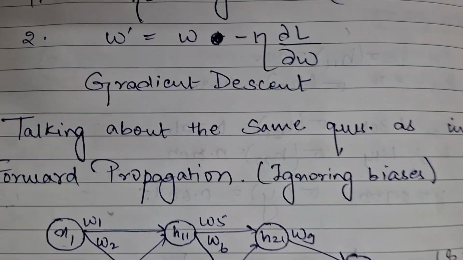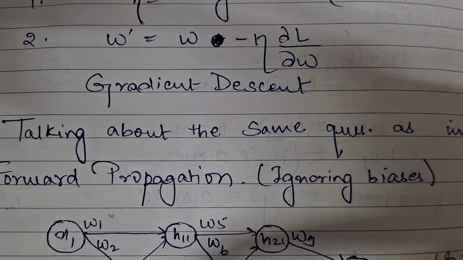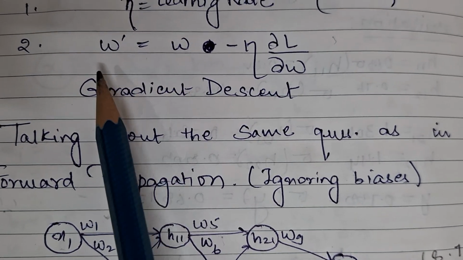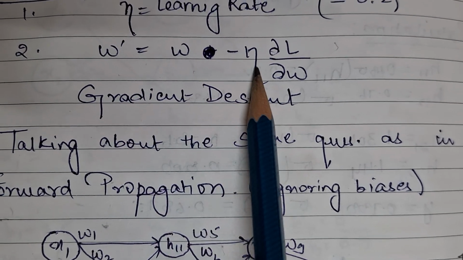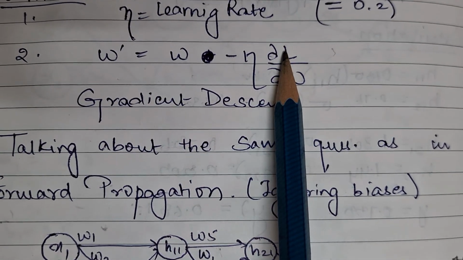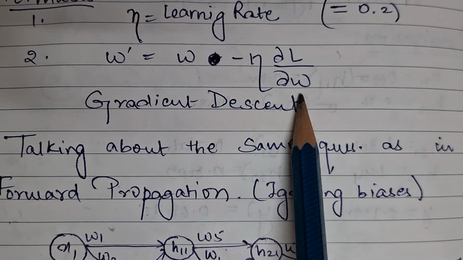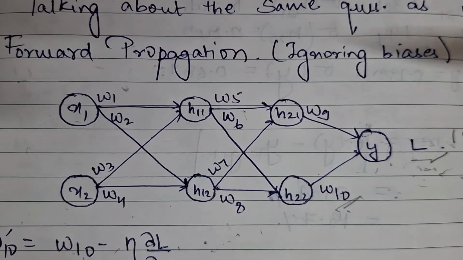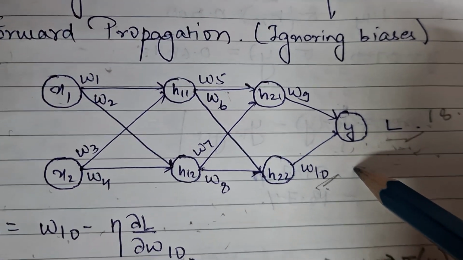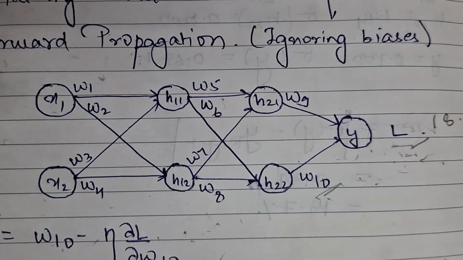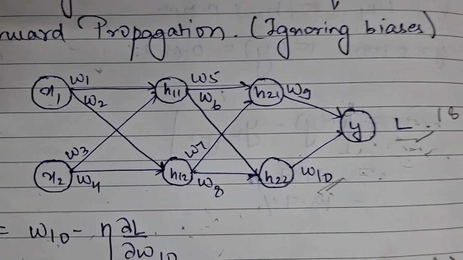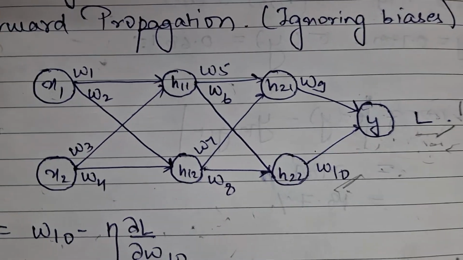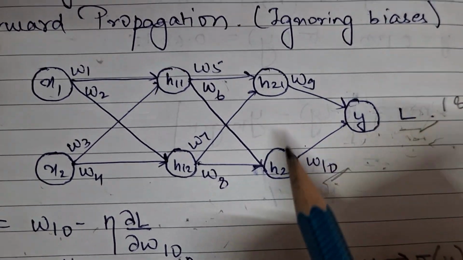Gradient descent is the formula that we will be using to recalculate our weights. The formula of gradient descent is basically omega new is equal to omega minus learning rate multiplied by the partial differentiation of error by omega. We are using the same neural network as before, but this time, while recalculating the weights, ideally we should also recalculate biases to reduce the error to the maximum. For ease of calculation, we will be ignoring the biases and only focusing on recalculating the weights.